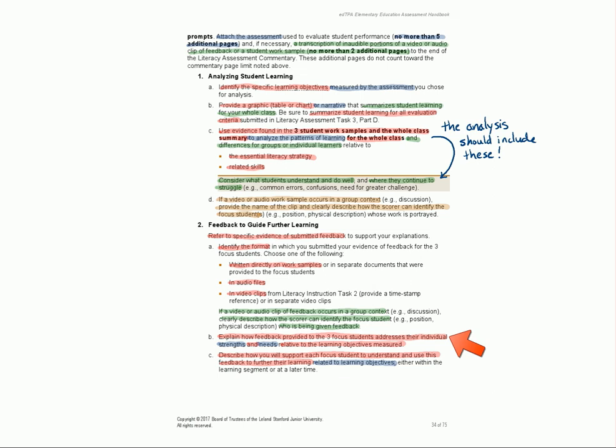And for each one of those focus students, you need to do 2 things. The strengths of focus student 1 were, describing the strengths and using evidence from their work sample or from the video clips, as you can see in the video clip at this point in time, as you can see from student 1's work. But then you also have to describe their needs, and using evidence again, you can see that